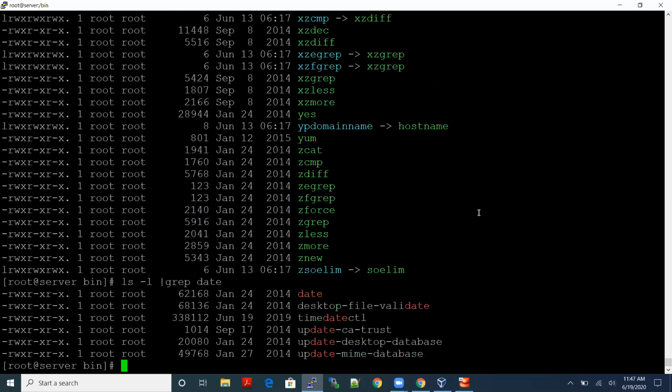We are executing the date command, right? This is the file related to the date command. From this file only we are executing. Whenever we execute date, it will refer to this file inside the bin directory, then execute it. We are executing each and every command in the operating system as script files.